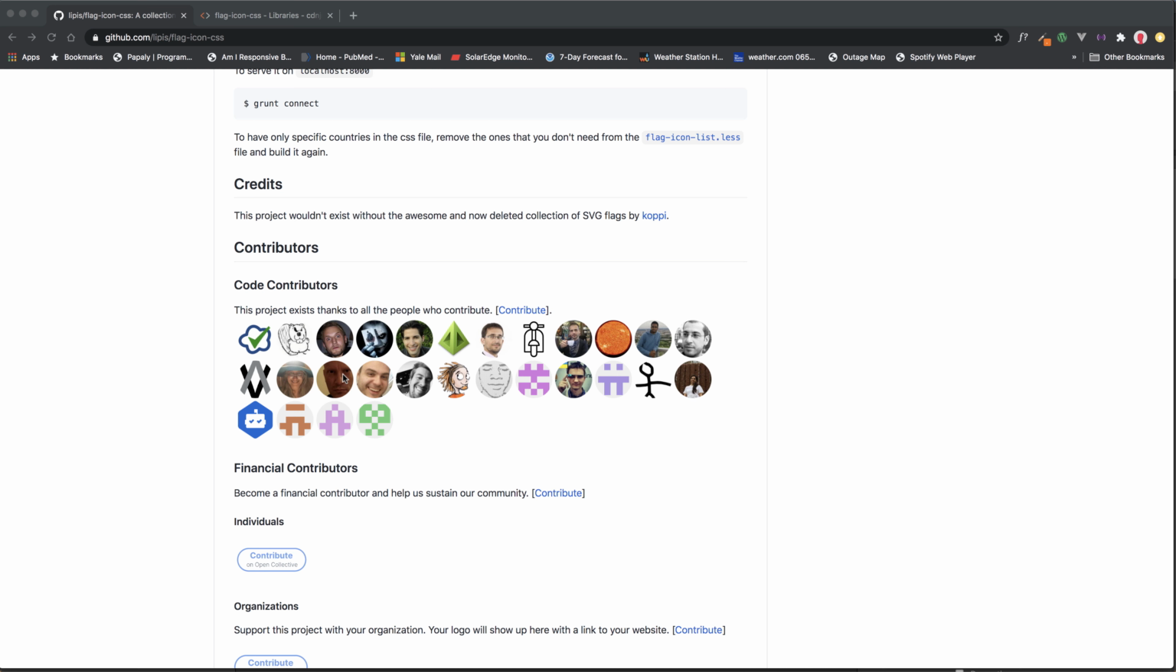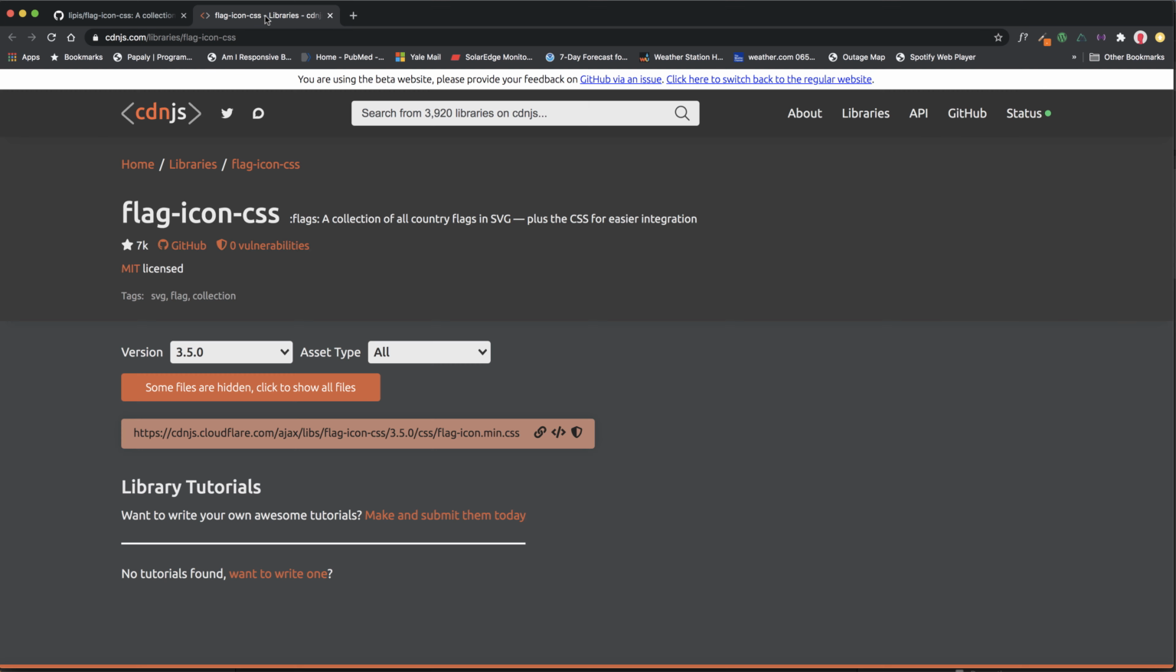This repo also happens to be hosted by a number of content delivery networks, or CDNs, making adding it to our page fairly easy. So that's located here. Both of these links are in the video description. So navigating to the CDN for this repo, we can copy the link by clicking on the link icon, and then